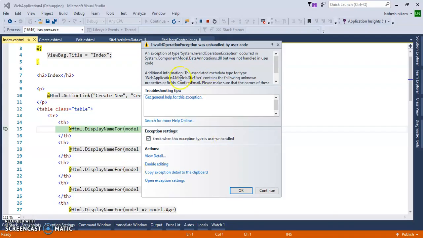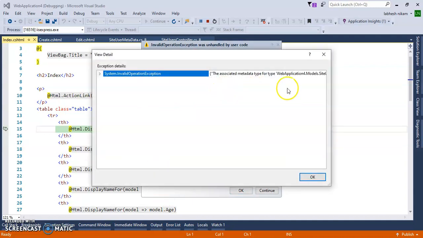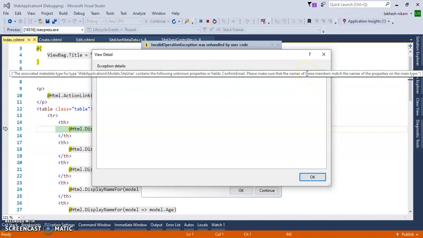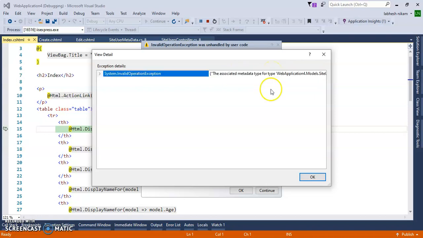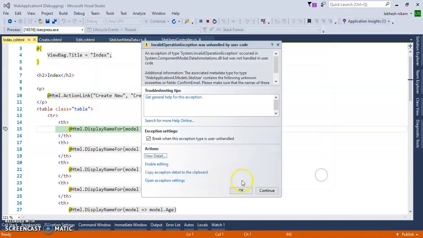You can see the error is generated, and inside the view detail you can see the associated metadata type for type web application 4 model site members: match the names of the properties, cannot match. Confirm email is not part of the table property, so we cannot use it here.